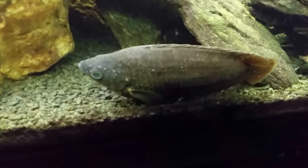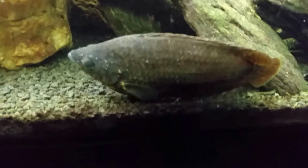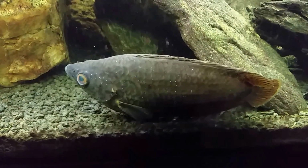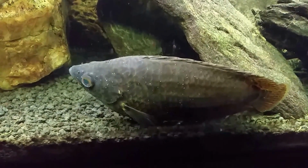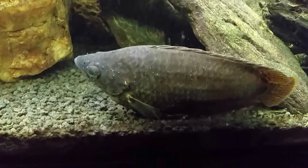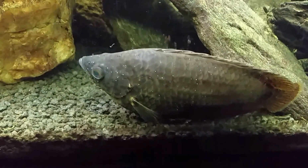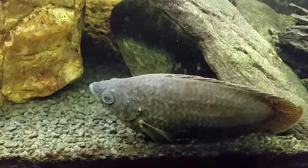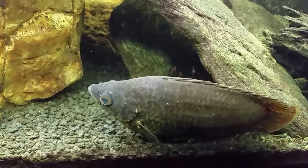He's got these white spots all over him. And at first I just thought they were bubbles, but there's just no bubbles in this tank. I wouldn't know where they would have come from. So that's not a good sign. That to me looks more like ick than the columnaris description that I've read about and what I saw in